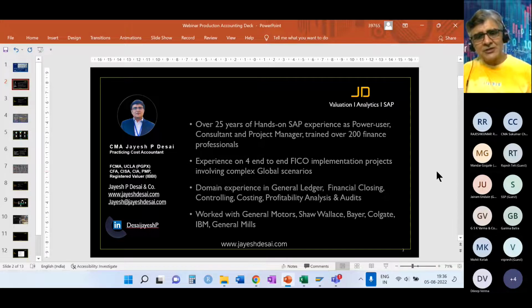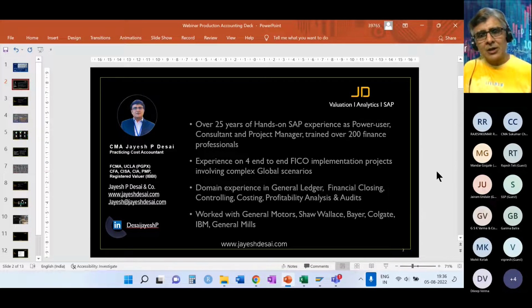In these 25 plus years, I spent a lot of my time on the domain side: general ledger and financial closing, which gave me a very good insight into the financial side. Then the controlling side: product costing and profitability analysis, which gave me a deep insight into controlling. Along with that, many business processes gave me a very good overall experience.